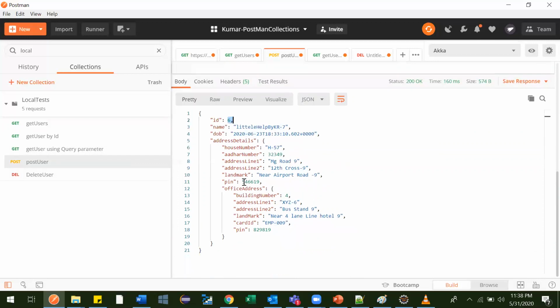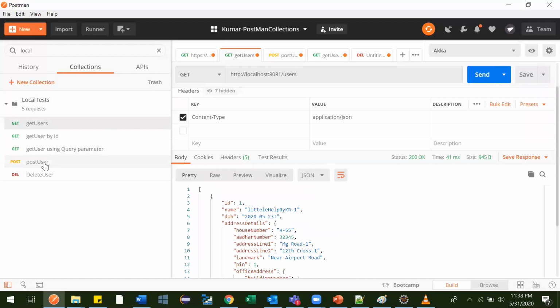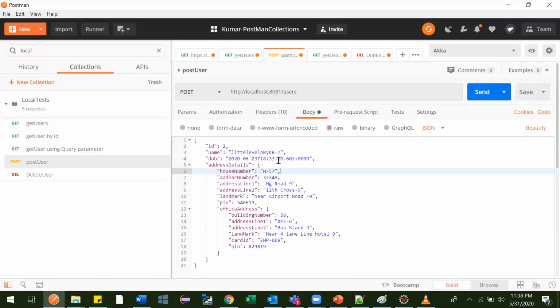So this is what a POST request is and how it looks. A GET request will look like this, and the POST request will look like this. Every piece of information will be given to you. You need not take tension about how we will get this data and from where we'll get the information.